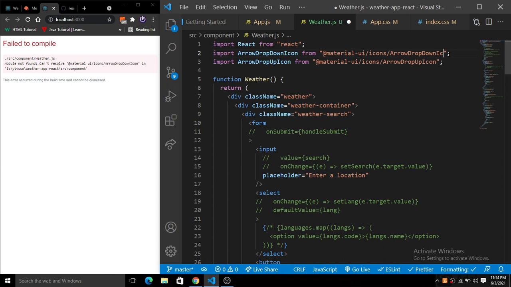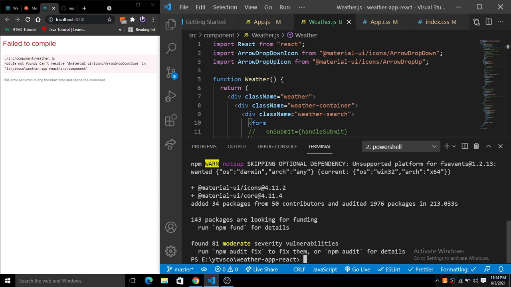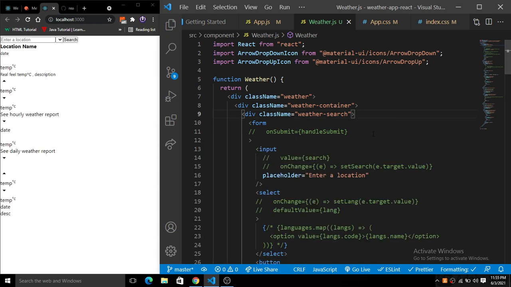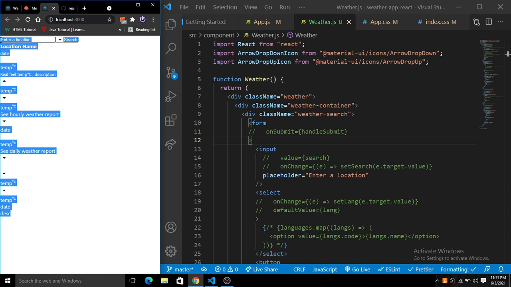Now let's save this. Okay, it is still compiling, I think. So that's why it is not rendered yet. Let it compile first of all. So it is now compiled here. Now you can see the whole thing is now rendering on the screen.